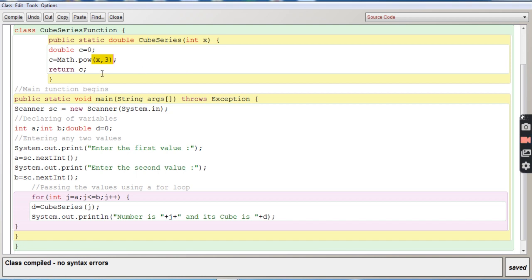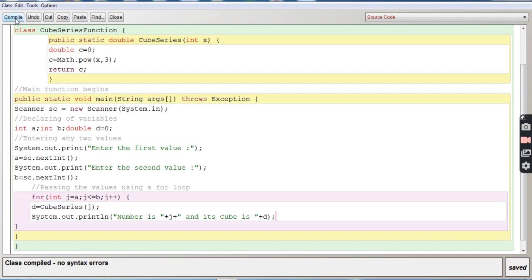Write in the copy, return the value, that is 125, D gets 125, and it will print 5 and its cube, that is 125. Similarly for 6 cube 216, then the last number 7 cube, that is 343. So these are the numbers that should get printed. So we'll check the program now. The numbers printed should be 27, 64, 125, 216 and 343 if we take the numbers 3 and 7.